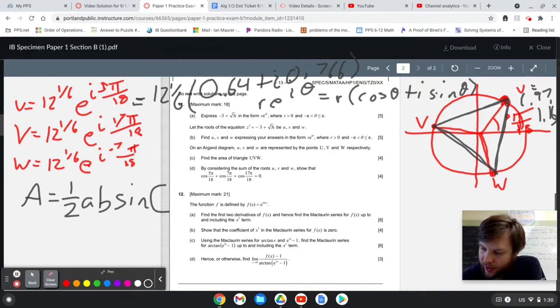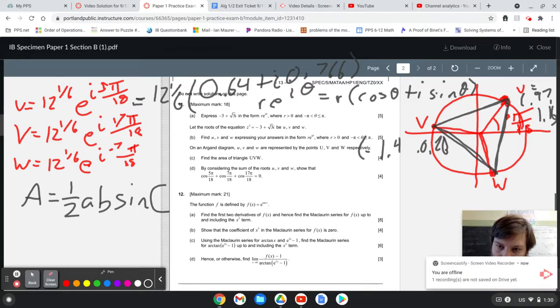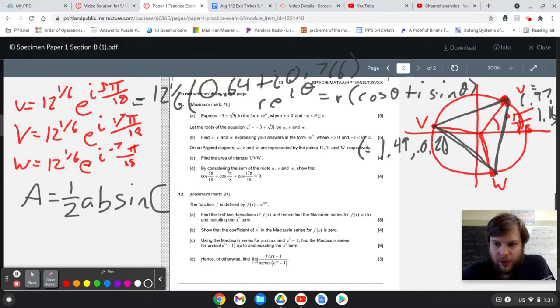Let's do this correctly. There we go. So I have my v coordinates. I have 0.26 is the y value. And switching sine to cosine gives me negative 1.49. Okay. All right, so then now that we have our two coordinates, the distance between u and v,